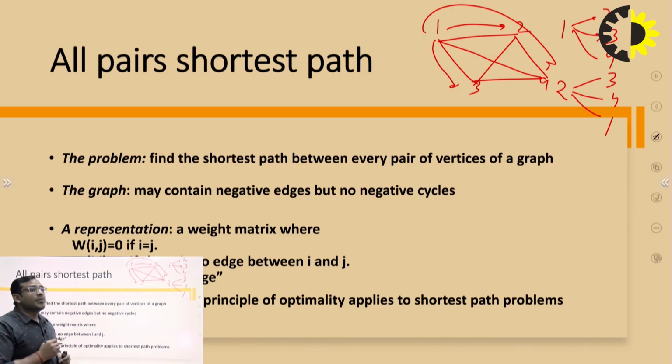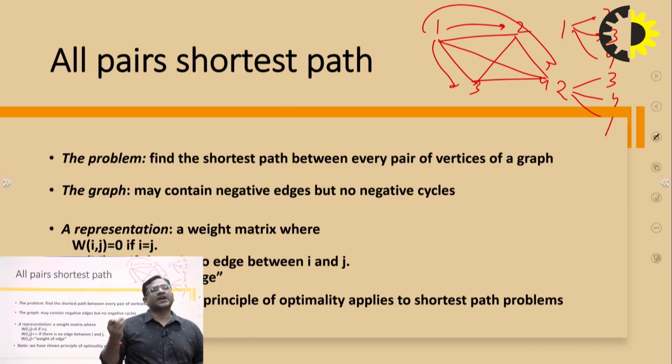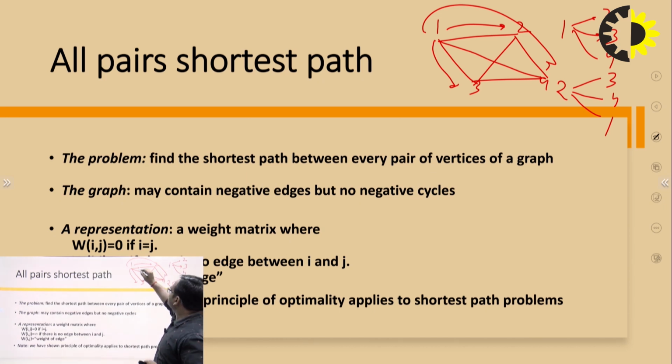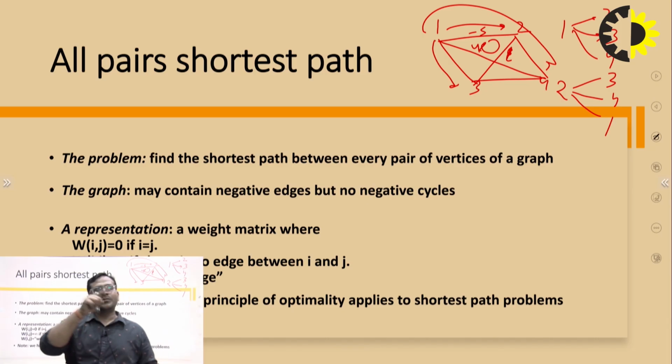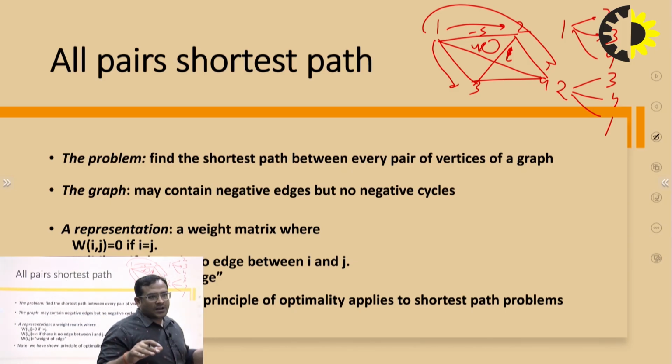The condition is that the graph may contain a negative edge, but no negative cycle. Suppose this edge is negative, so I can store -5 here. It is okay, but when we create a cycle, suppose this is 4, this is 1, then it is a negative cycle. Whenever the cycle runs, the total weight is always negative. So an edge can be negative, but there must be no negative cycle in the graph, and then you can apply the